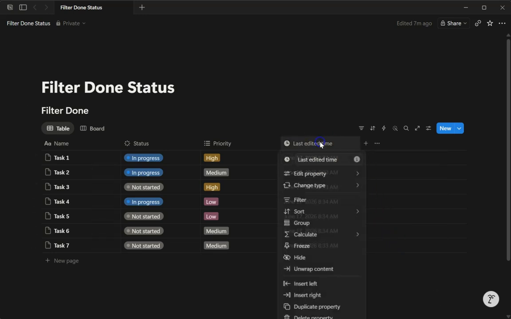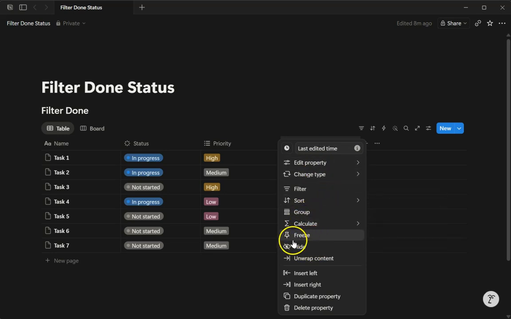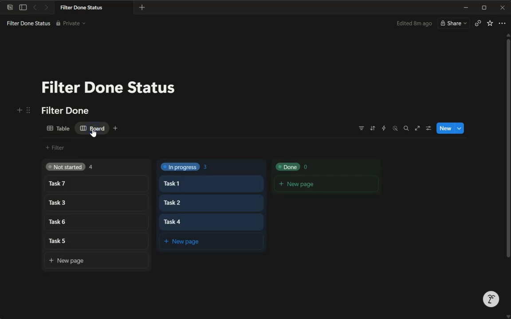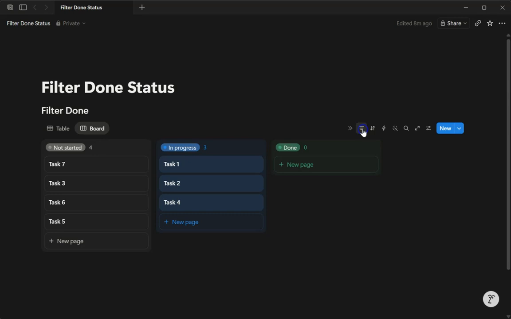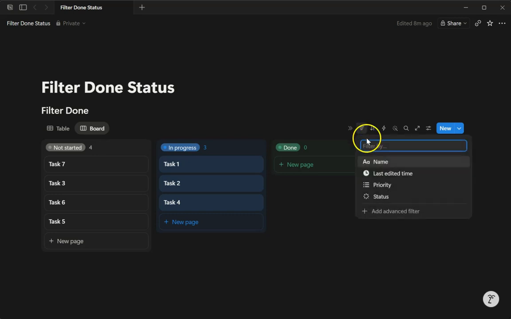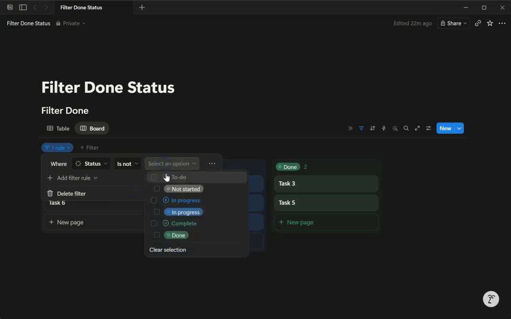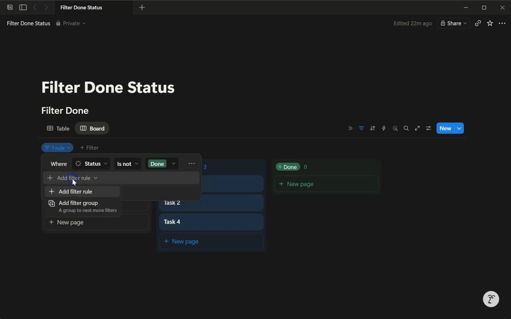And then we can go back in here and hide it because we don't necessarily need to see it. So I'll click on hide. And now I'll go back over into here, back into the board view again. And then we'll go back in here and turn back on our filter again. Back into advanced filter, back where the status is not done. And add a rule